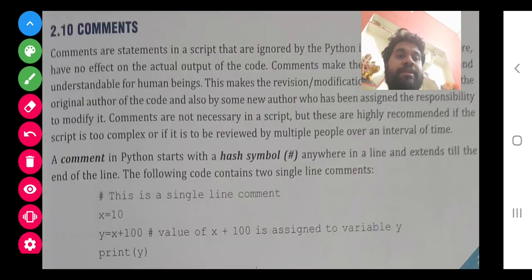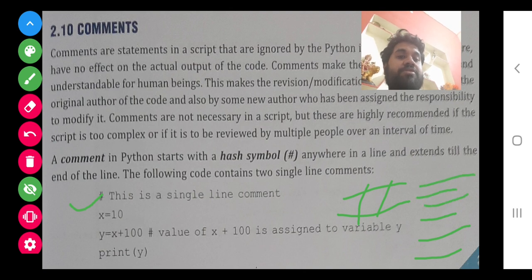Now your next topic is writing comments. Whenever you want to explain your program, you use this hash, and whatever you write after that is considered a comment. Comments are not a part of the program. Suppose I want to explain a line, like you want to find the table of 12.